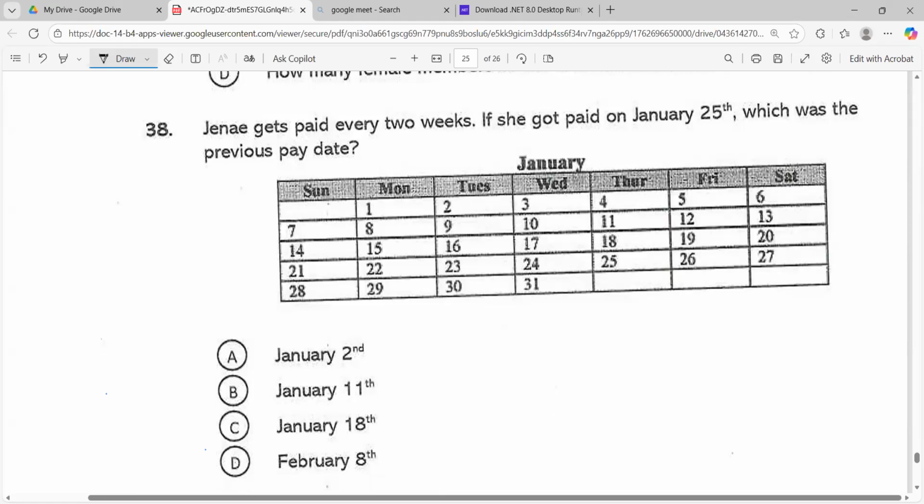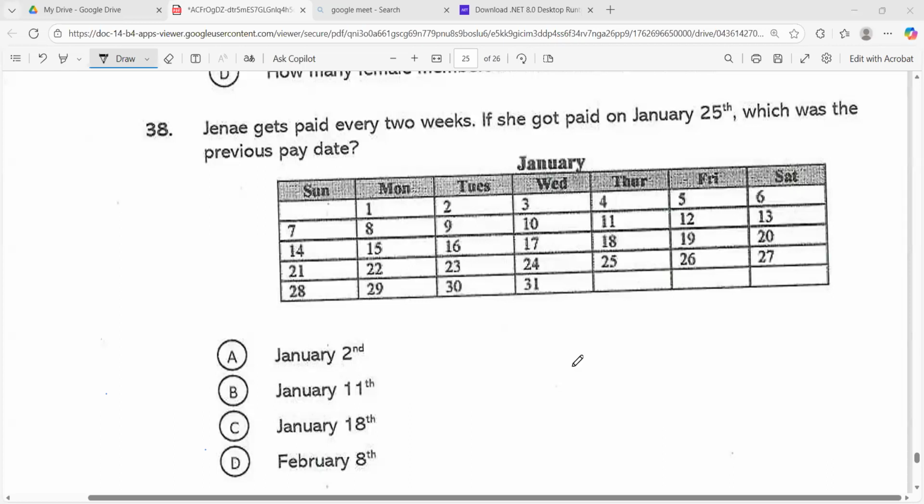Everybody loves getting paid, guys. Everybody. Sarah, you're